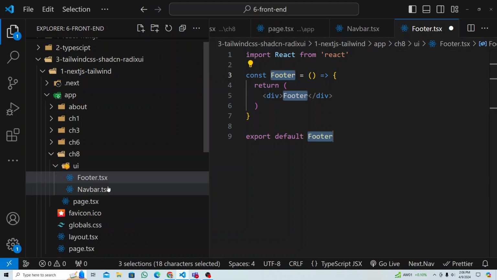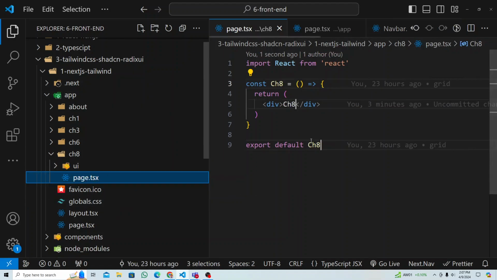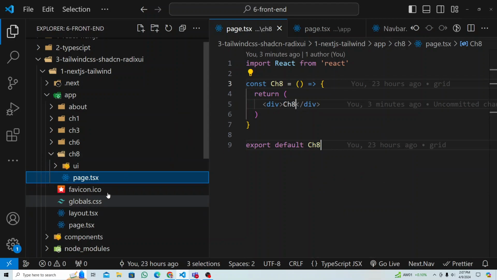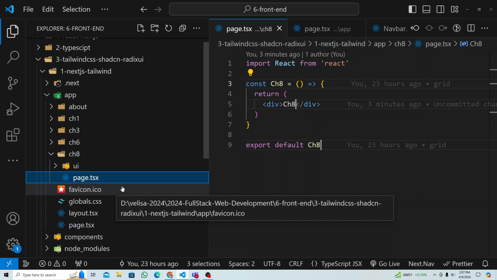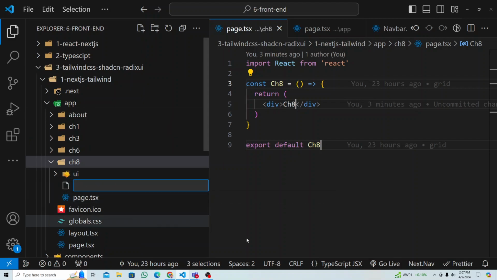So if you have to use this navbar and footer, and you want to display it, let's keep it up to this project only, right? We're not going to display it separately. Okay, just keep it in this project. So how are we going to do that? How are you going to structure the navbar and footer, all that, for this project only? So there is one way, right? What you can do is add here inside this project,